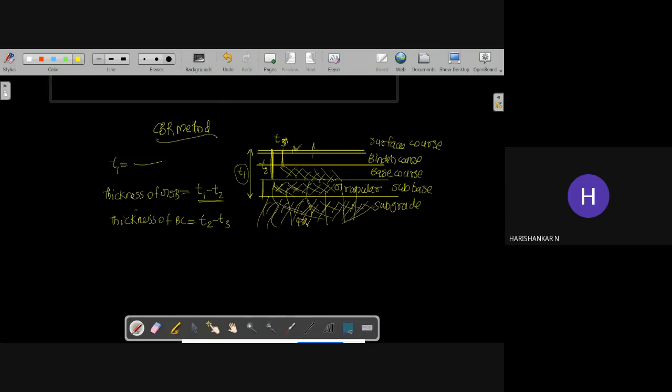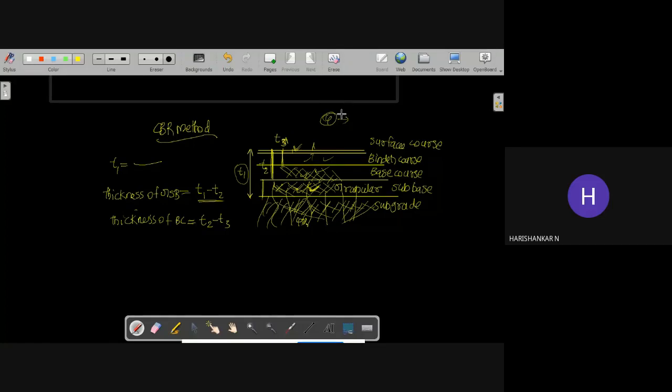So here the difficulty is that you have to find the CBR value for all the mixes. If I have found a mix design, then I have to prepare a mix of this region, create a standard specimen from that mix, and conduct the CBR test using the specimen. So altogether you have to perform 4 CBR tests: the CBR test of the subgrade, the granular subbase, the base course, and the binder course. You have to find them out individually.